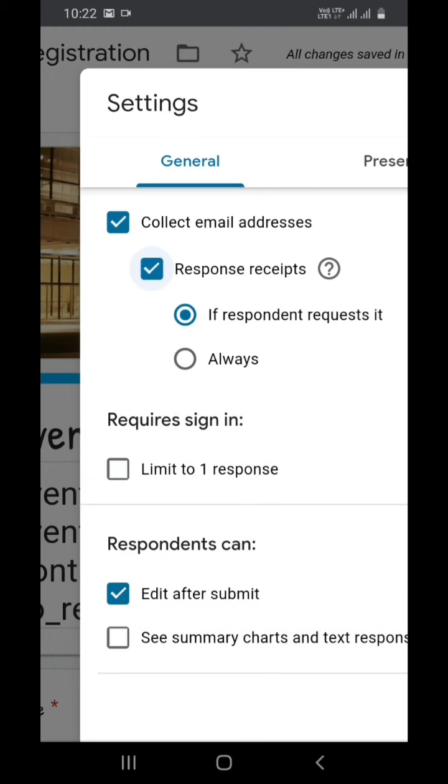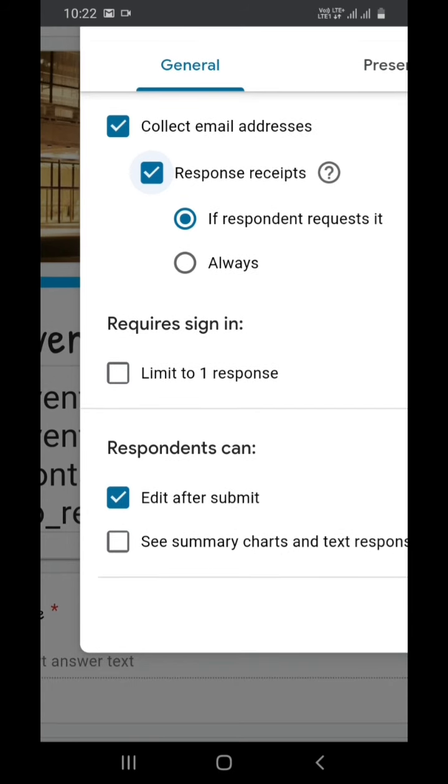It is like an acknowledgement for them of whatever they have entered, and it goes to their email address. The next thing is require sign in, limit to 1 response. This is very important for us because it avoids duplication. Otherwise the same email account can press the submit button more than once, right?